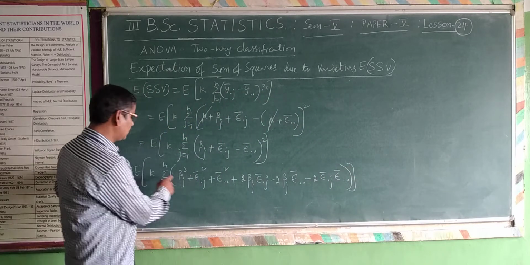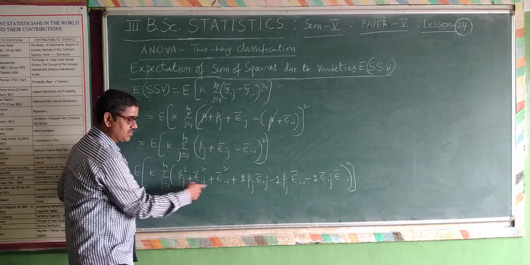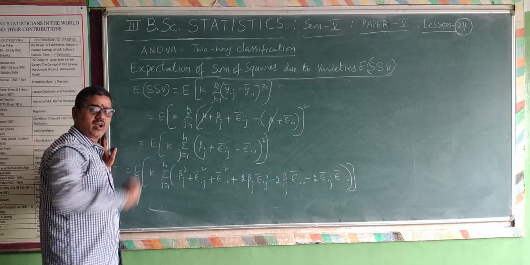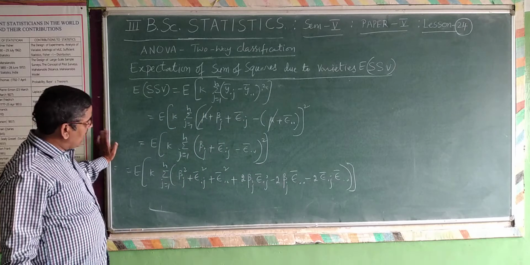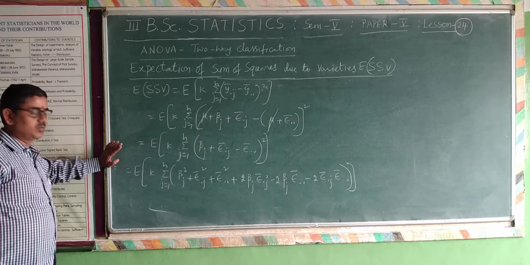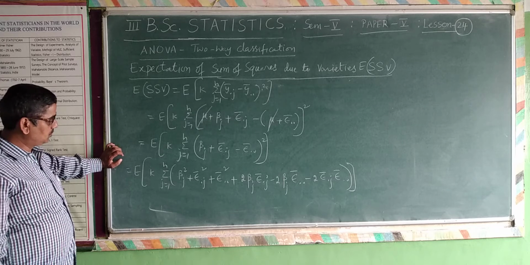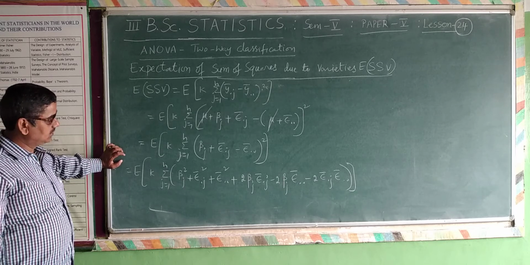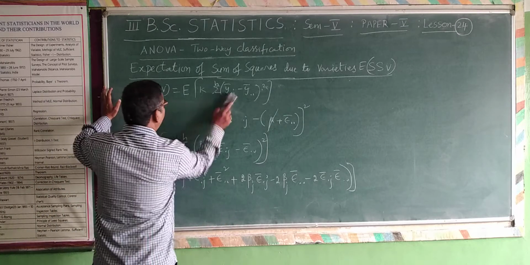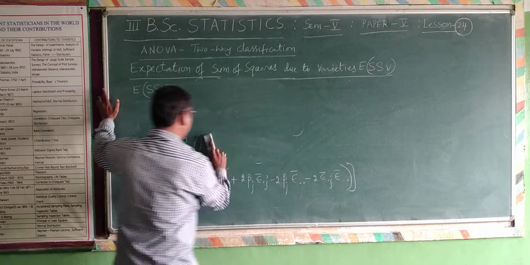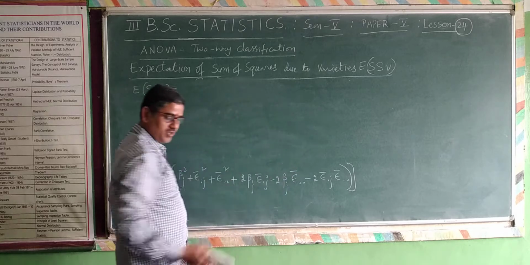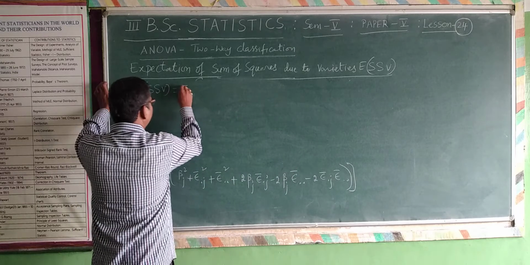Right? So this is a square plus b square plus c square plus 2ab, 2bc, 2ca. But what values we have, now we have to take the summation and then take the expectation. This is what we have to do. Before that, I take the summation and see what the terms become. So hope you understand that this is the simplification I am doing for SSP.